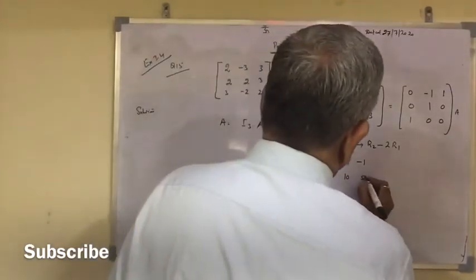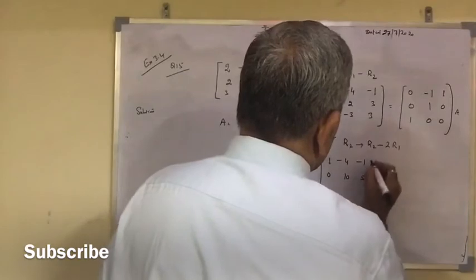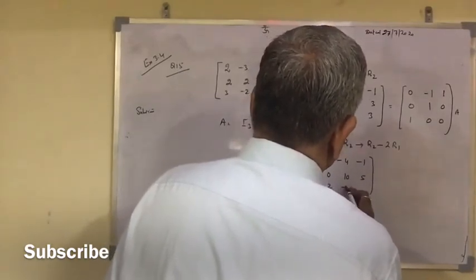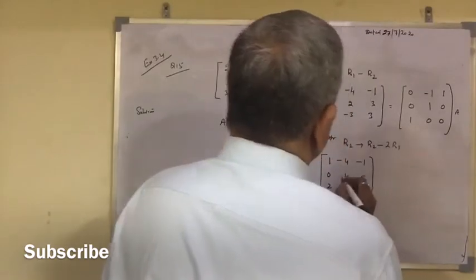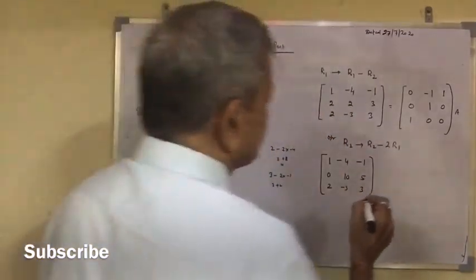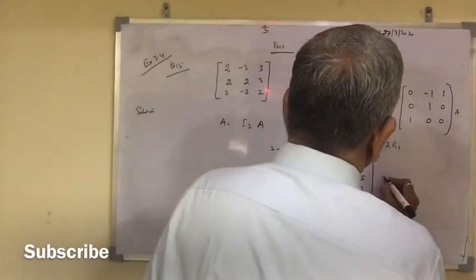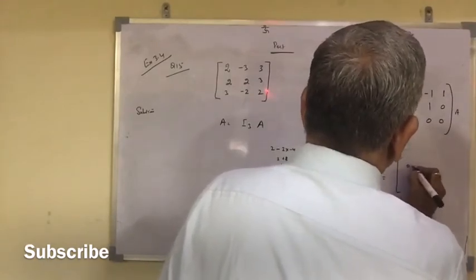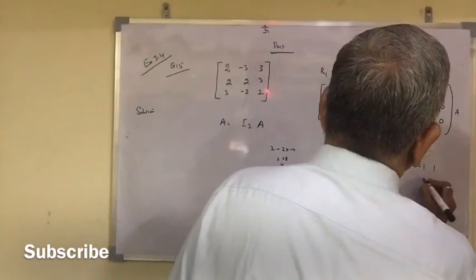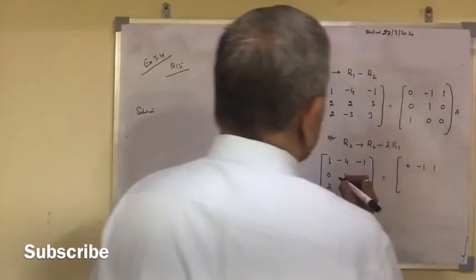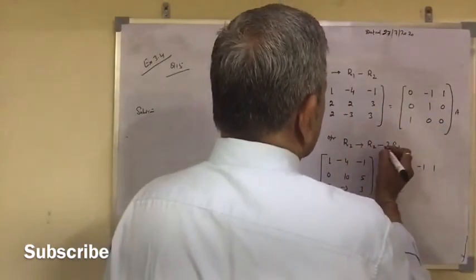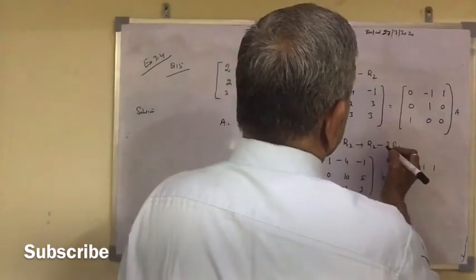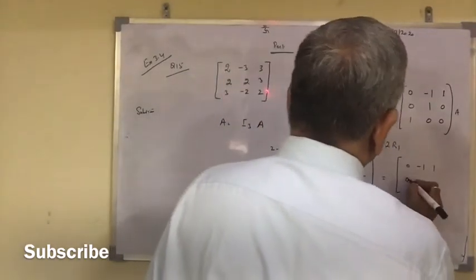So, here is your 5, and the rest of the figure is the same, because I will do the operation R2 minus 3 R1, so I will operate on the right hand side the same way. So, this is again 0 minus 1 1, and now you have to operate R2 minus 2 of R1. So, R2 means your 0, and minus 2 of R1. So, it gives you 0.